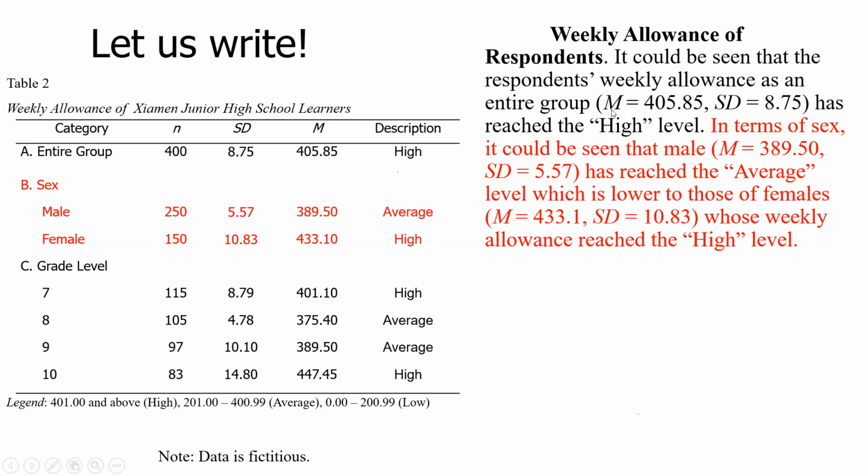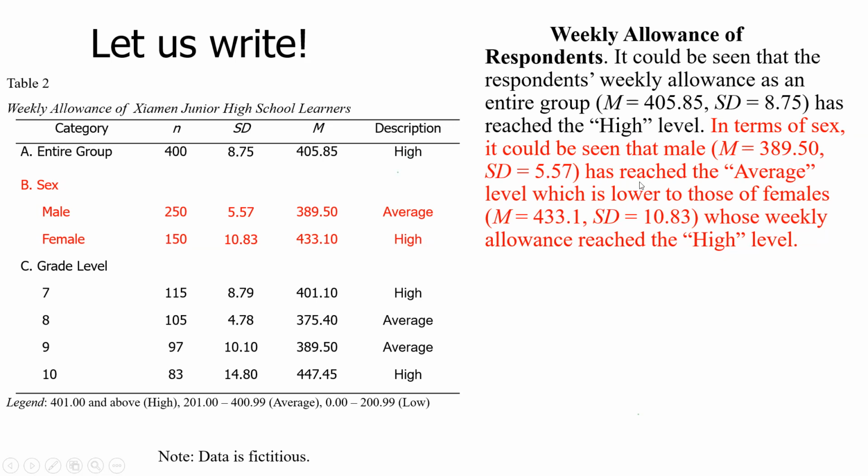Then I reported M. M stands for mean. 405.85, comma, SD equals 8.75 has reached the high level. That's the entire group only. Take note, when you write, whether in a table or in text, the mean should come first, then comma, standard deviation. Then for the next part, in terms of sex, it could be seen that for males I report